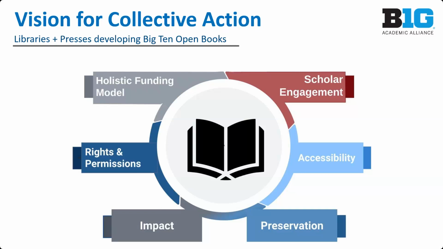Setting and meeting the highest standards for accessibility. If we're serious about access for all, accessibility is a crucial part of open access. Preservation, digital preservation is always a challenge. Workflows that address the challenge with rights and permissions, and working for standardized usage data. And this is really, I think, aligning with some of the responses that we saw in the poll that Tamar just launched. Can I have the next slide, please?